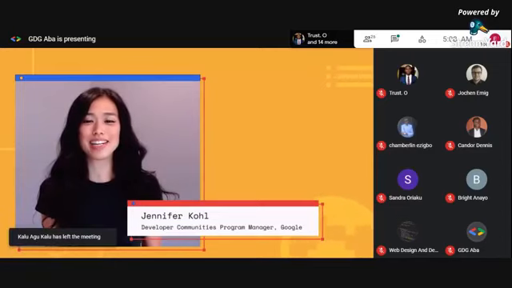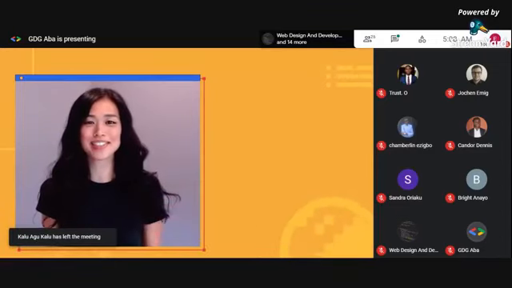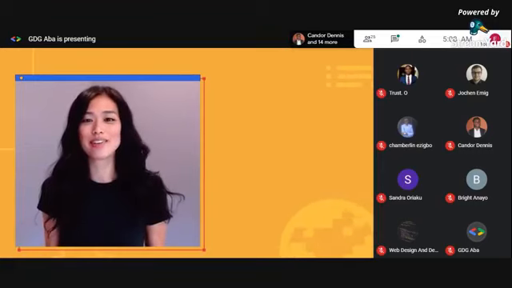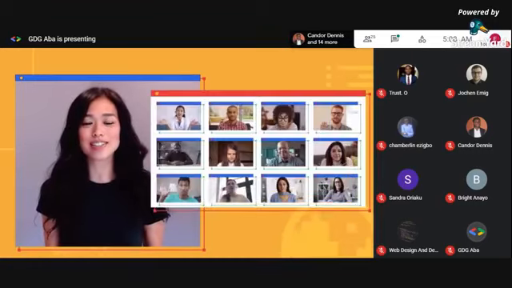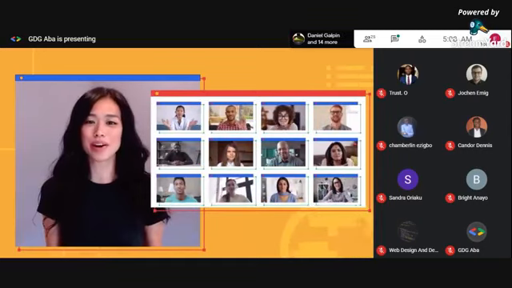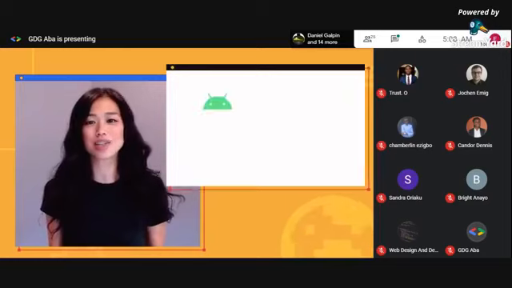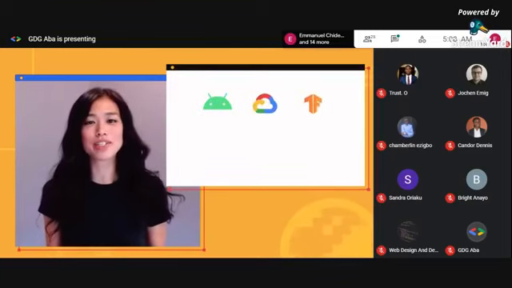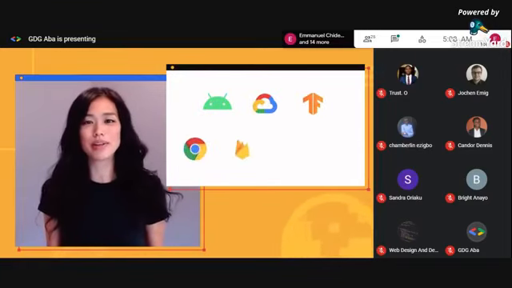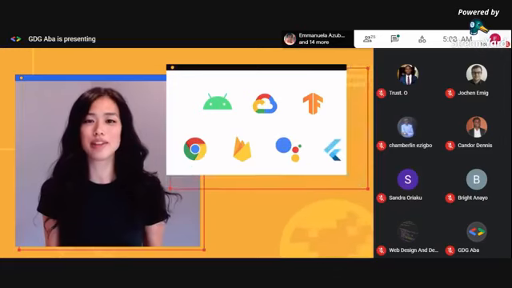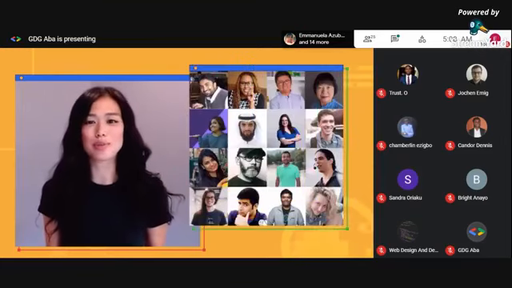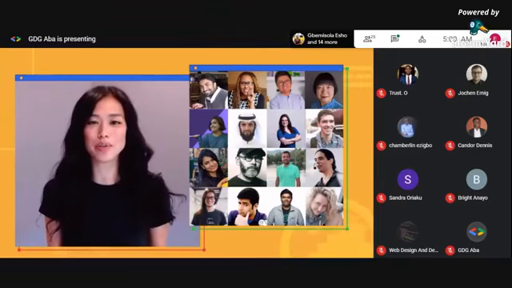Now it's time to meet and hear from your local developers. So, what can you expect next from your local DevFest? We'll have technical talks, breakout sessions, networking opportunities, and more. These sessions will cover a variety of technologies, such as Android, Google Cloud Platform, machine learning with TensorFlow, web, Firebase, Google Assistant, and Flutter, with speakers from Google, Women Techmakers, Google Developer Experts, and your local community.